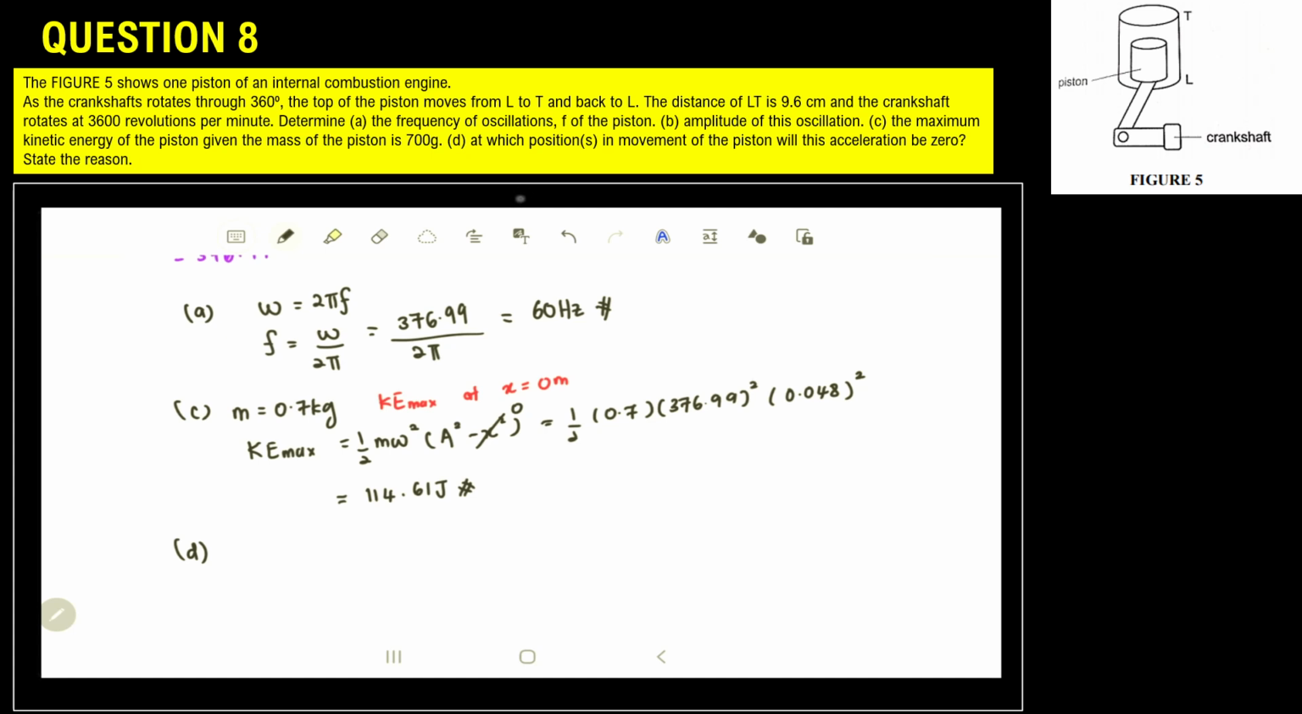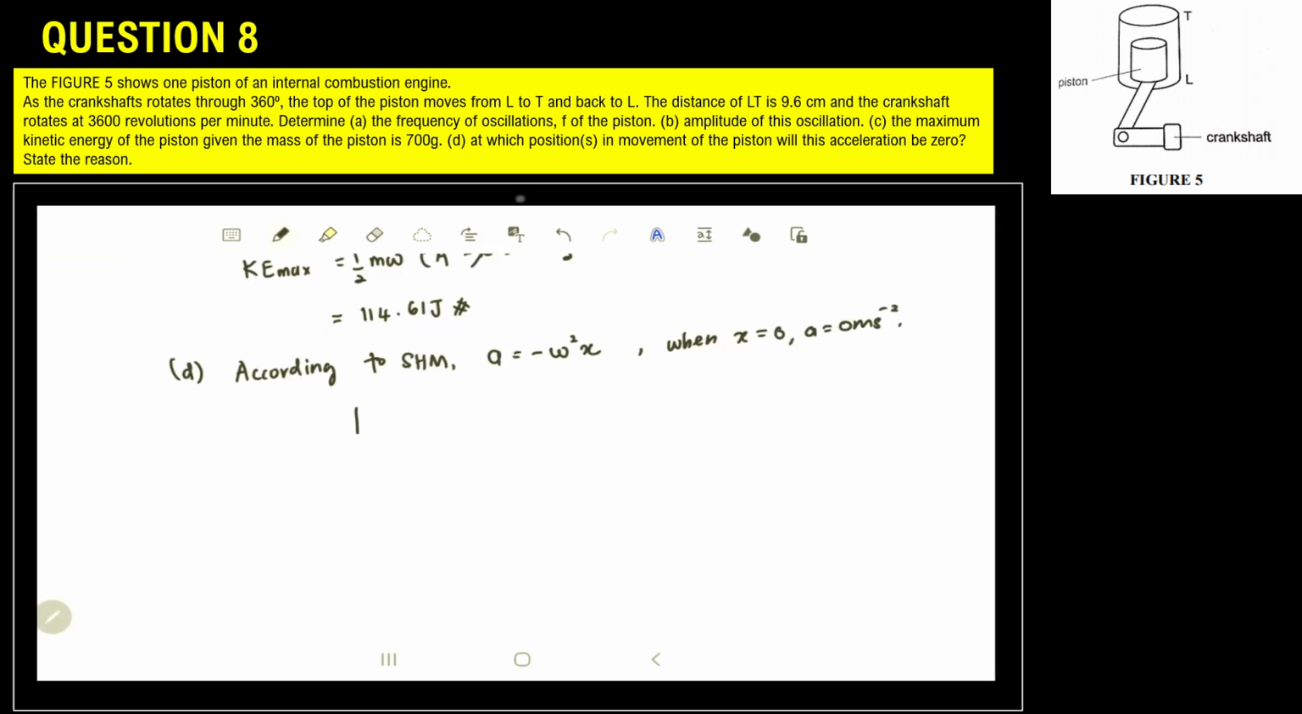According to simple harmonic motion, in order to find acceleration, a is equal to negative omega squared x. So the acceleration will become 0 when x is equal to 0. Okay? So when we have a graph like this before,